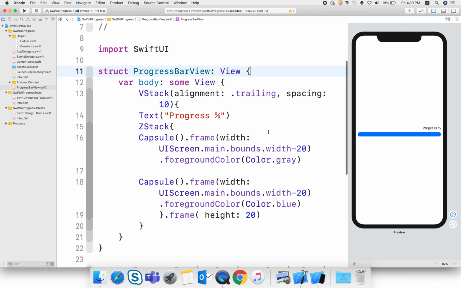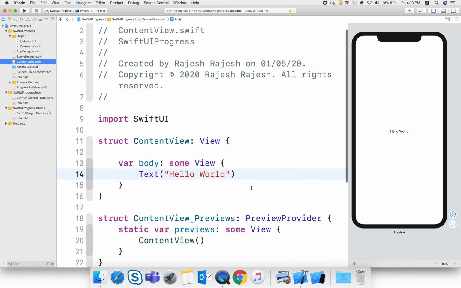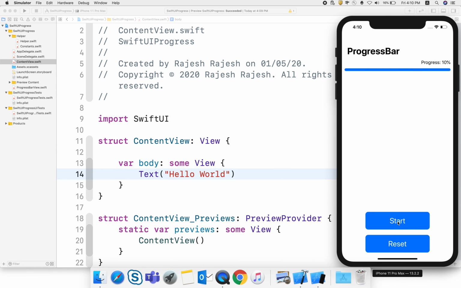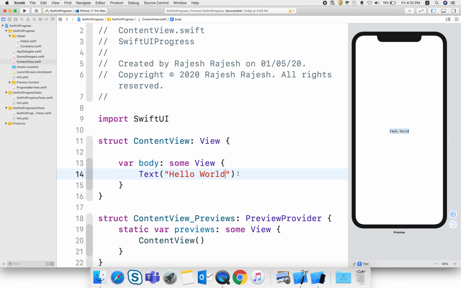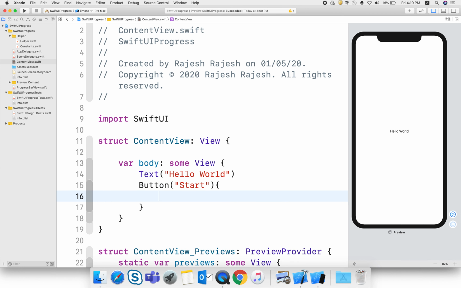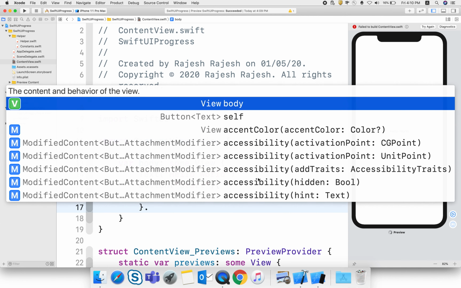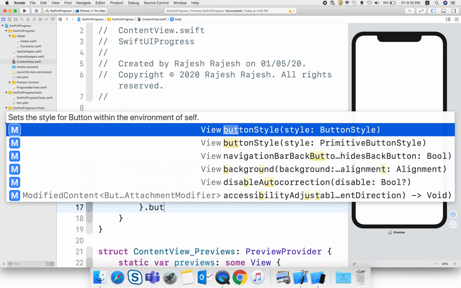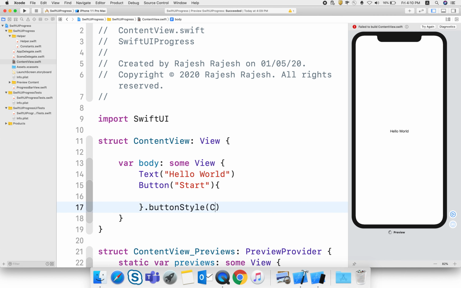Now I need to move on to my ContentView, and here you can see that there are two buttons. So I'm taking two Buttons here. First one is Start, and to make the button look like this, I am using a button style, and here I am using a modifier, custom button style, which is a custom modifier.